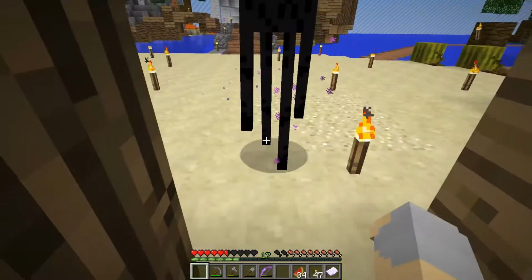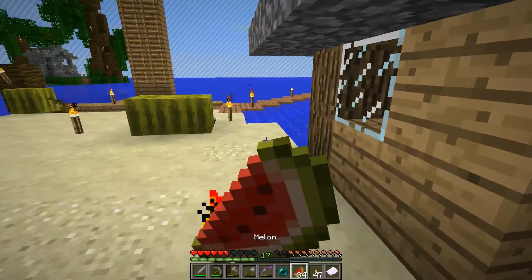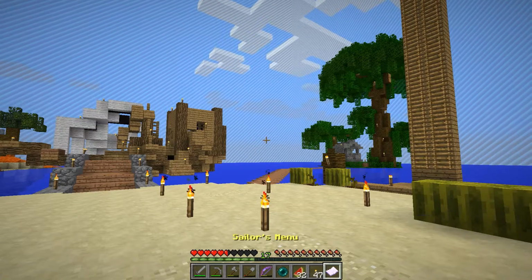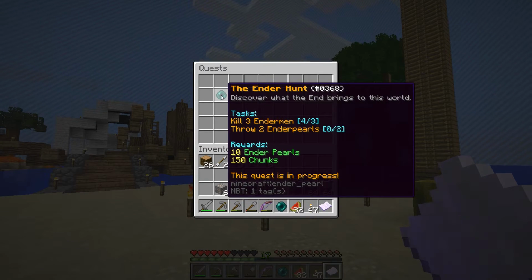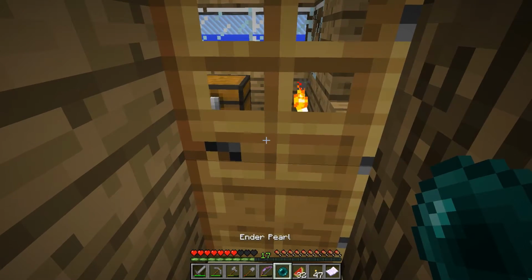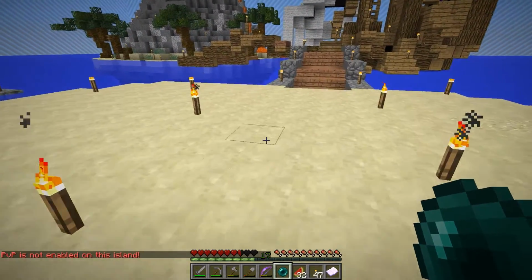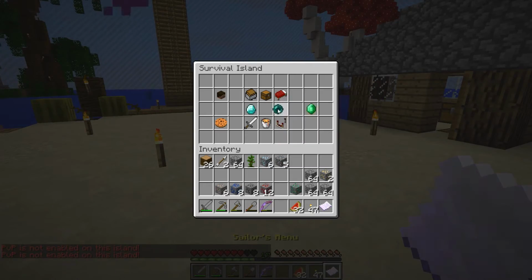Get him. Oh. Sword. There we go. Oh, we got 2 ender pearls. That's awesome. Okay. So what that means is we can actually complete one of our quests now. Quests are back. We have killed enough endermen, and if we throw 2 ender pearls, that will complete the quest. And then we'll actually get 10 ender pearls, and we have 2 ender pearls in here. So there's 1, and there's 2, and that should...